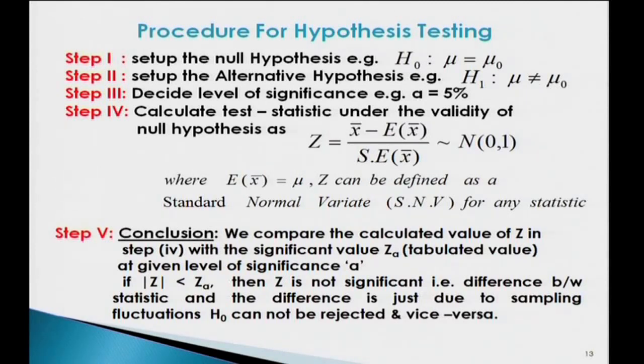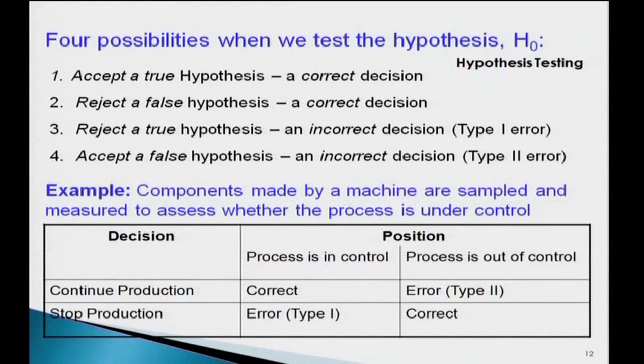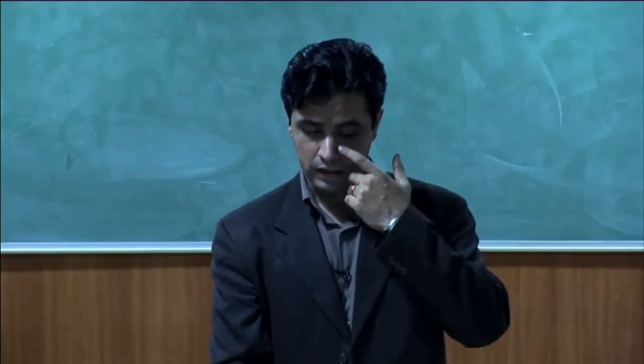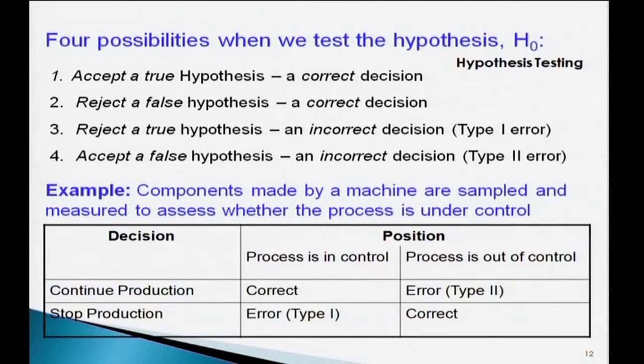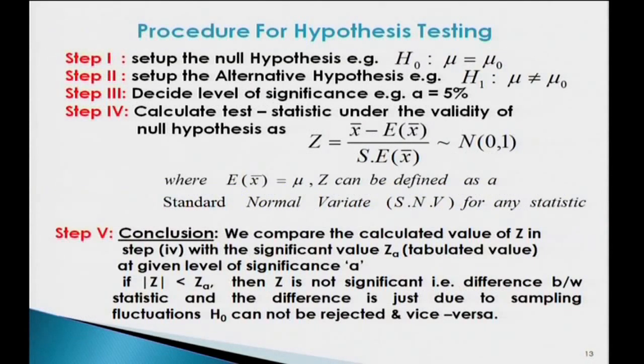Then you define the level of significance. Level of significance is alpha, 5%. Level of significance is nothing but a type 1 error, like we were discussing in the last slide. The type 1 error is alpha, type 2 error is beta. So, how many items out of the production you are rejecting, you are not allowing them, which you feel are faulty, so that these do not reach the consumer. So, that is called alpha, type 1 error.